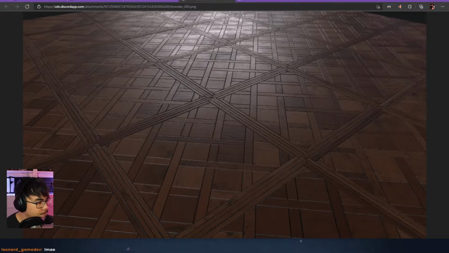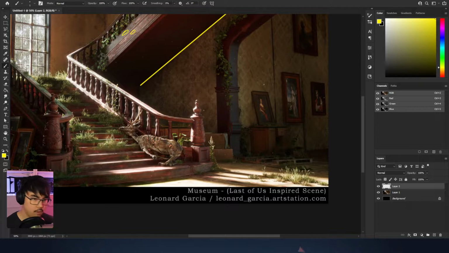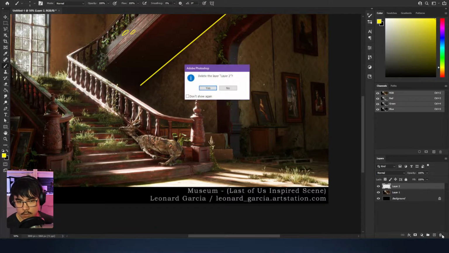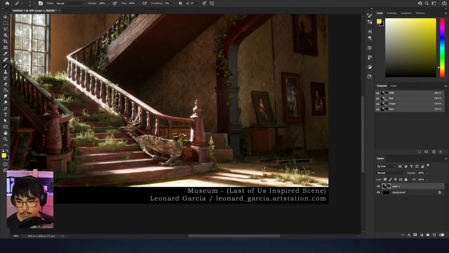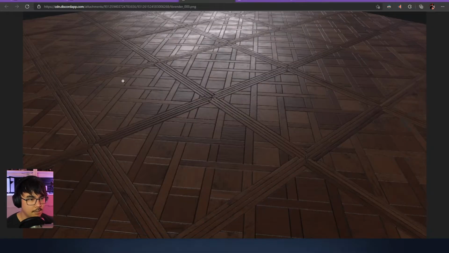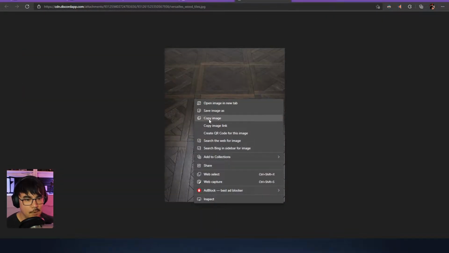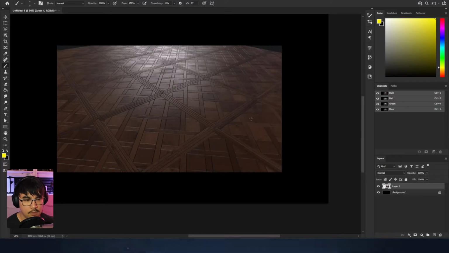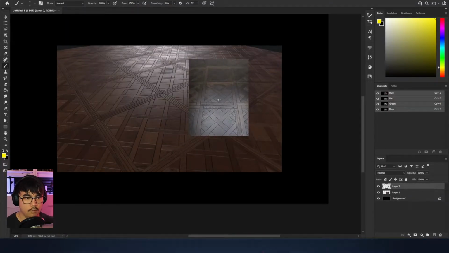All right, let's grab this. Let's go into Photoshop here. Don't show that again. Why is it prompting me about deleting layers? That's weird. It must have just recently updated. Okay, so